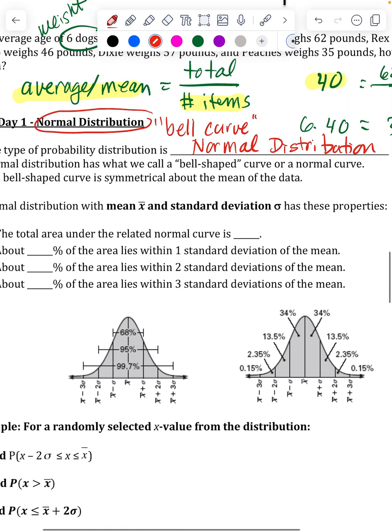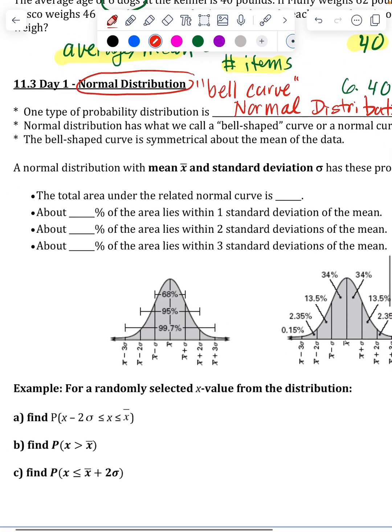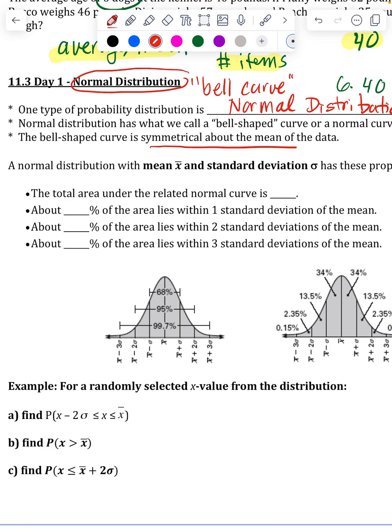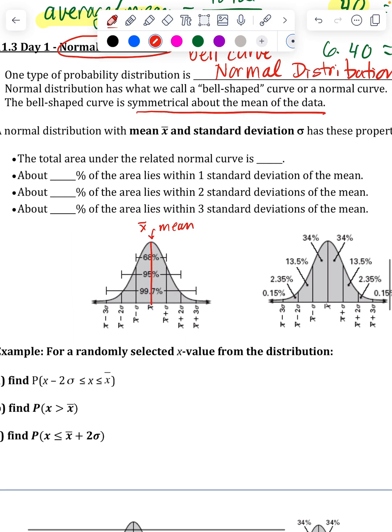It's called the bell-shaped curve, like I said, and it's symmetric around the mean. So it's like a little hill of data, and the mean is right here in the middle. A lot of times we call that X bar. And then it's showing that it's symmetrical, same on both sides. So if this is the mean right down the middle, it's the same on both sides. And it looks like a little hill. So the total area under this curve is 1, representing 100% of the data